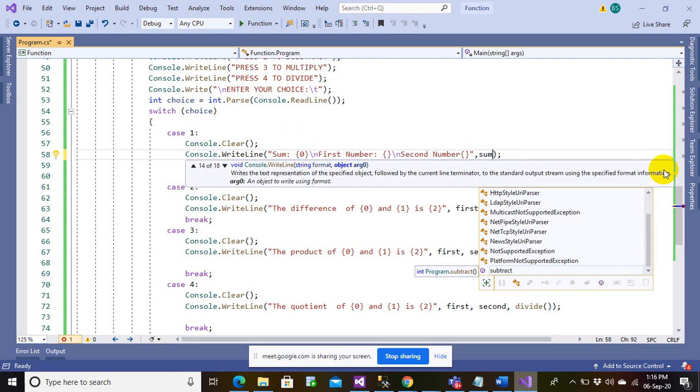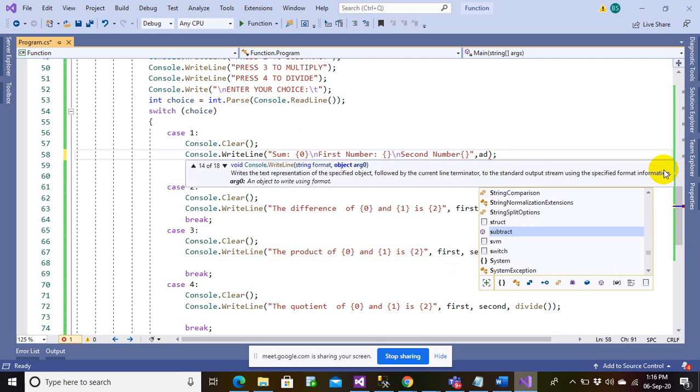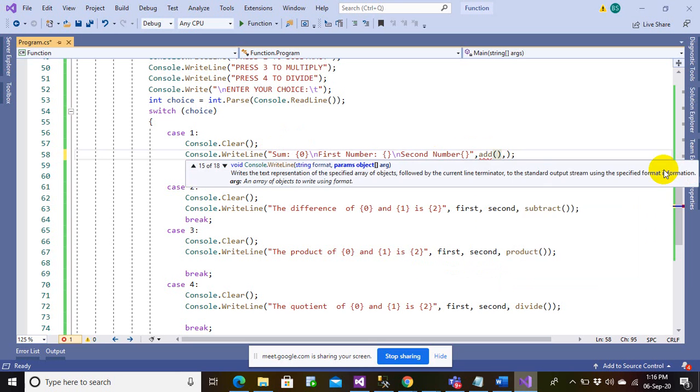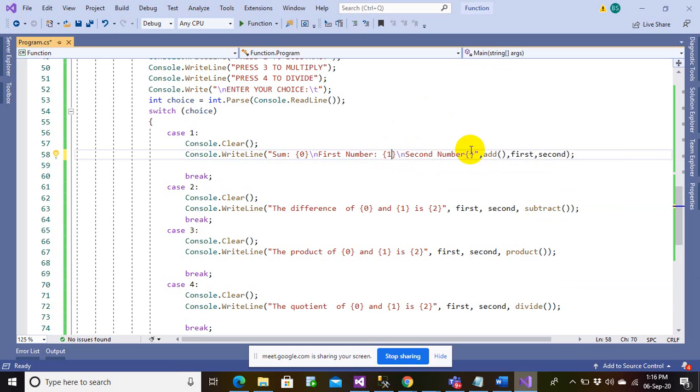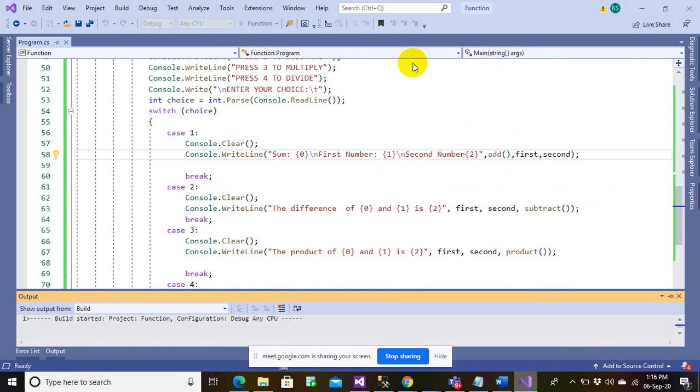Or add first and second. This could be one of the many ways to solve 0, 1, and 2. If you do that, first of all addition will be called, and then the first and the second value will be assigned to that. Let me run and show you the output here.